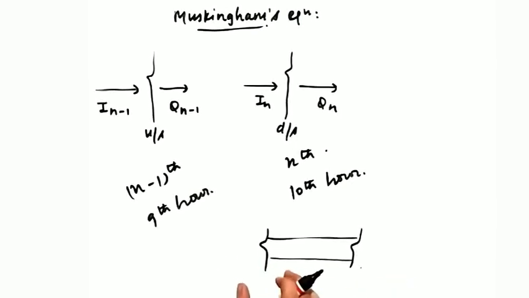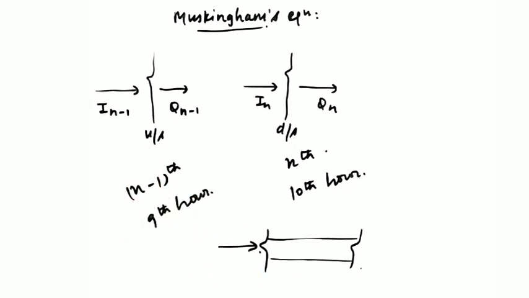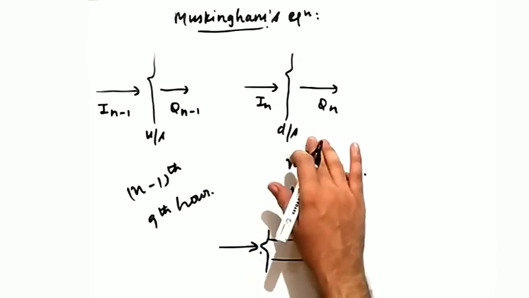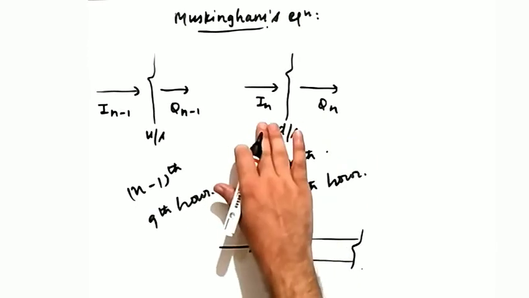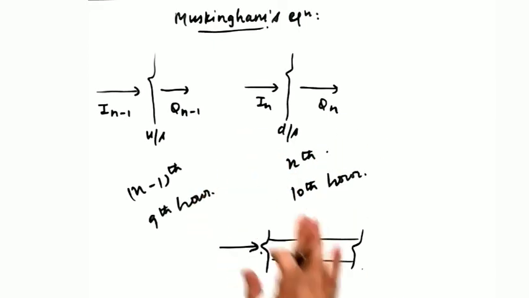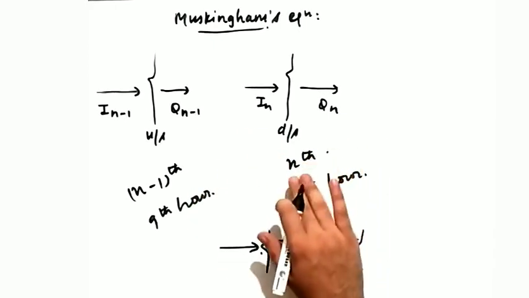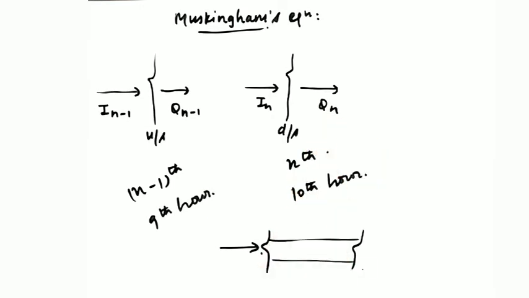Then at this upstream face, there will be an inflow, a discharge that will be flowing into this channel at the n minus 1th time. So this is I n minus 1. Now what is this Q n minus 1? This Q n minus 1 is the outflow discharge occurring through the upstream face at the 9th hour, or the n minus 1th hour. Now this is the downstream section. This is I n and this is Q n. This is the nth hour and this is the nth hour. This is the inflow at the downstream face at the 10th hour, or the nth hour, and Q n is the outflow discharge that is flowing through the downstream section at the nth hour.